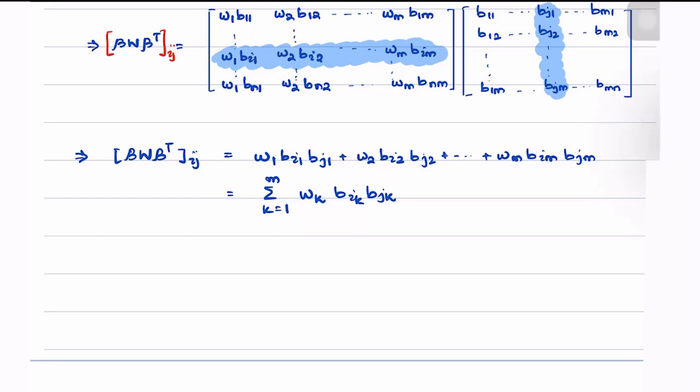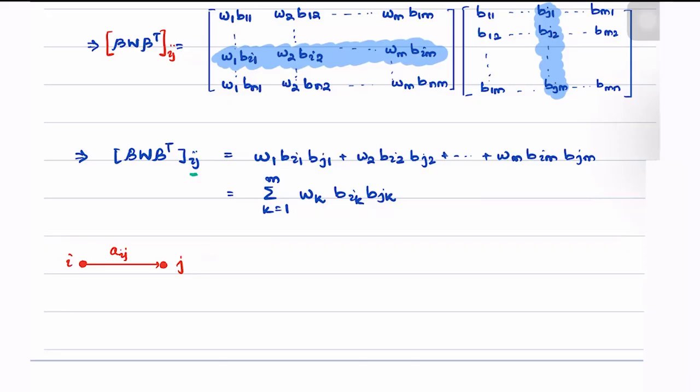In order to evaluate this value, we in fact have to look for edges between nodes I and J. Suppose there exists an edge from I to J, with this being the entry of the adjacency matrix, the corresponding weight. Only if there exists some edge from I to K will this entry be non-zero.